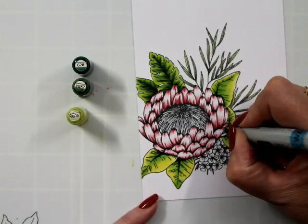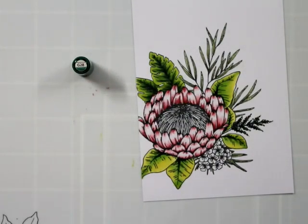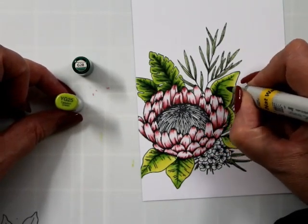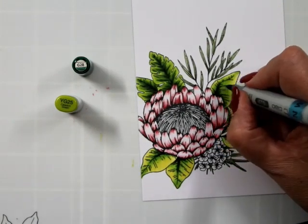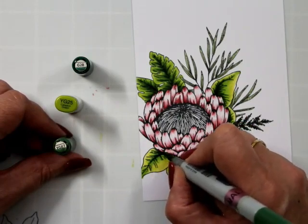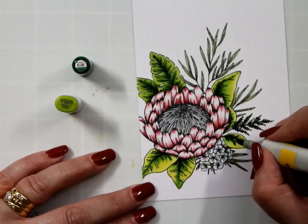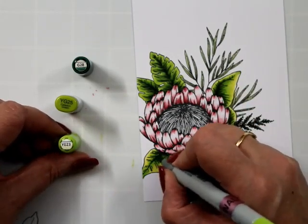To save these flowers, I've got my G28 just going underneath, down the middle of the leaf, down the center of the leaf. I'm blending it out with the YG28 at this point, just trying to give it a little bit of difference. Now going in, because I'm still fighting it, I'm still figuring out what I want to do. We're going to go in with the YG67 and then back through with the YG25. And this is going to just make them a little bit less